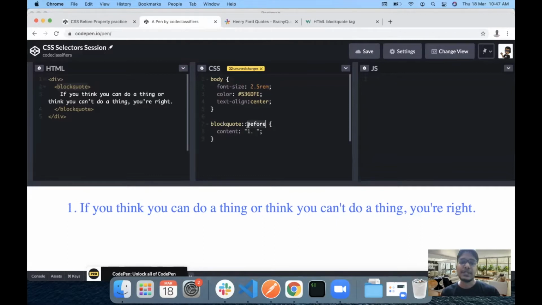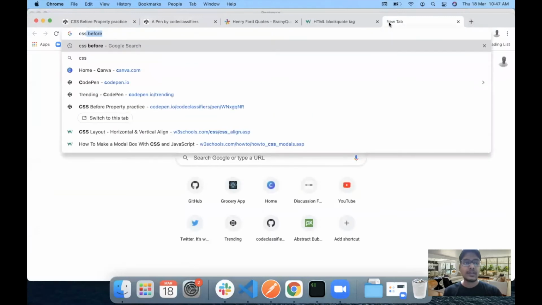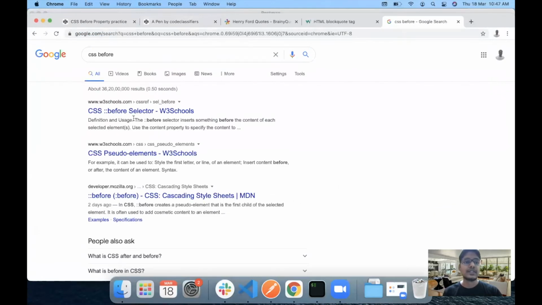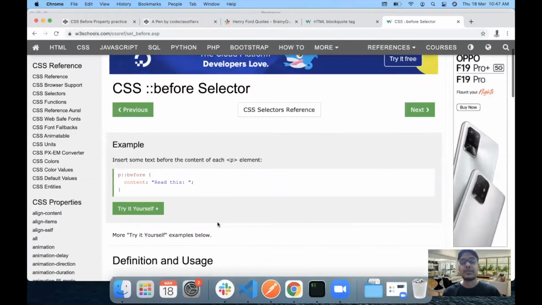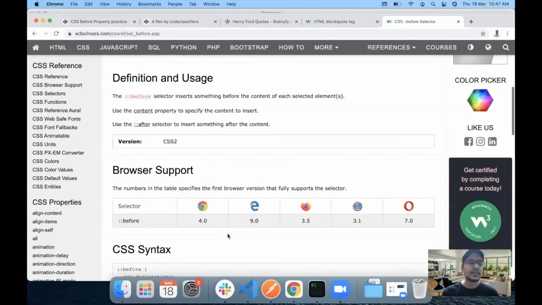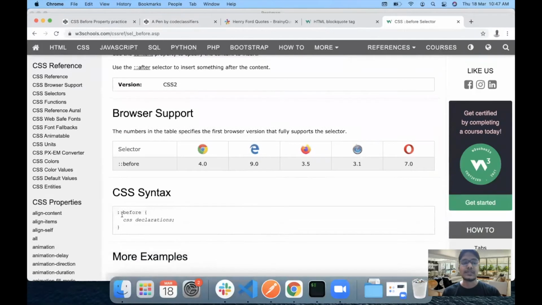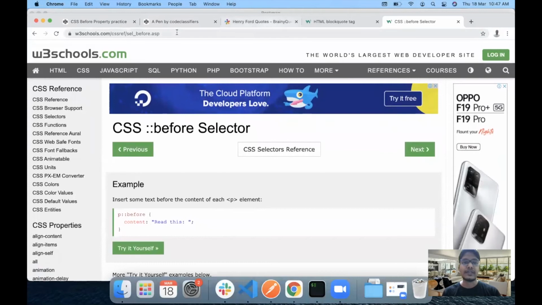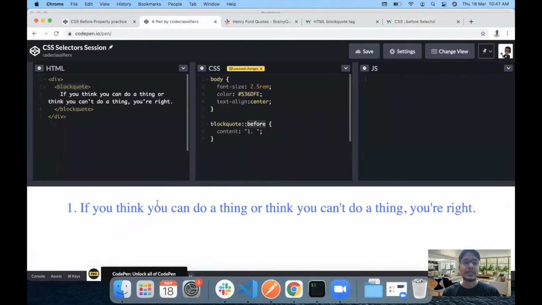So let me just go through CSS before first. CSS before is a selector which you can use to add some content before your text or any kind of element. In this case, I am using the CSS before property to add my quote mark. And one thing I want to show is, if you inspect this quote property, so let me just change this to open-quote.